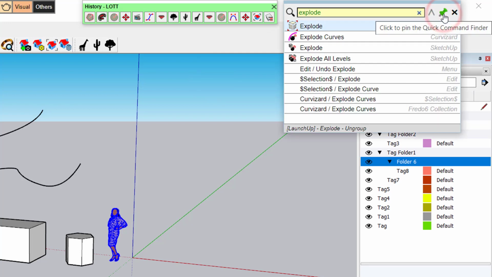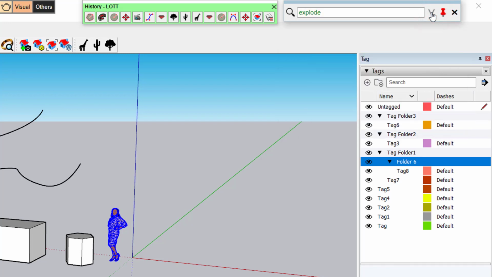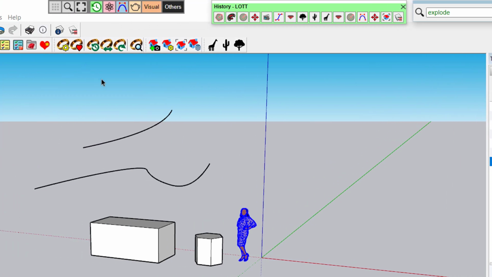You can pin it or unpin it, and you can shrink it or expand it. Normally, after you select the command, it will disappear if it's unpinned, or it will shrink if it's pinned. That's the second feature.